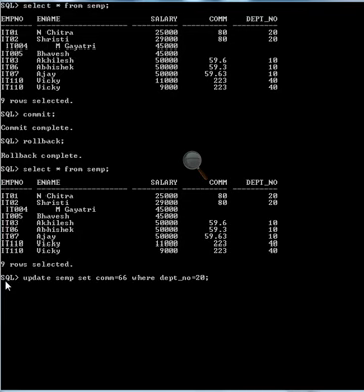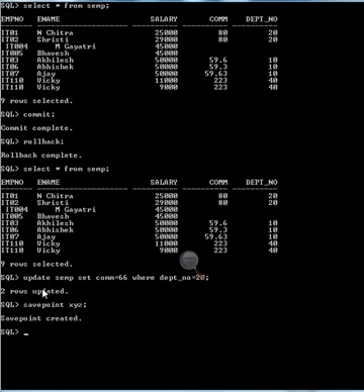I have done the update command, and 2 rows have been updated. Now make a save point. Give any name of your choice. I am giving XYZ. The save point has been created.